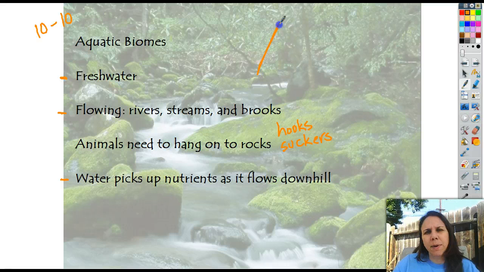So if we look at a mountain and say the snow is up here, the water that melts from the snow that begins going down is usually very clean and pure. Why? It hasn't picked up a whole lot of stuff on the way down. As it goes down the mountain and then eventually ends up in a pond, well, this pond is now full of stuff, full of nutrients, but it's also full of other animals that couldn't hold on, plants that couldn't hold